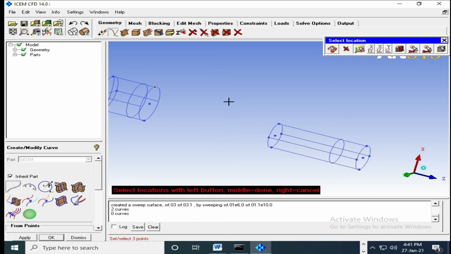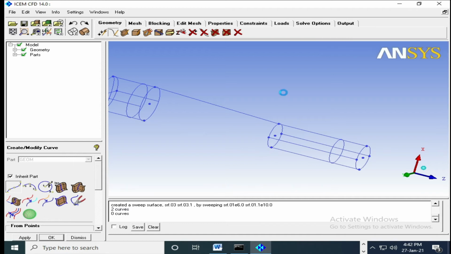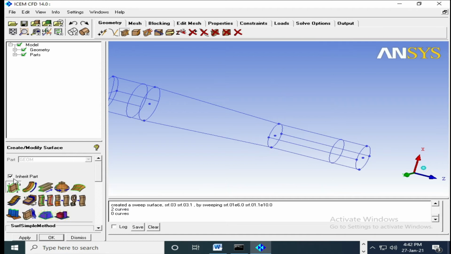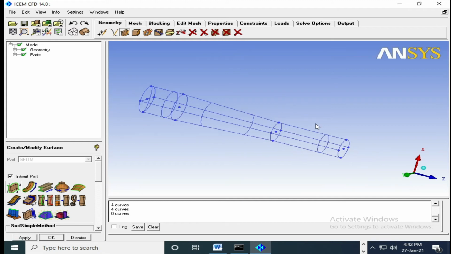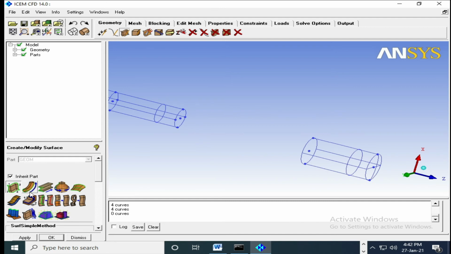So I will close this to end, and then I will draw arc 1 2 3 4, 1 2 3 4, so that I will get a conical section.